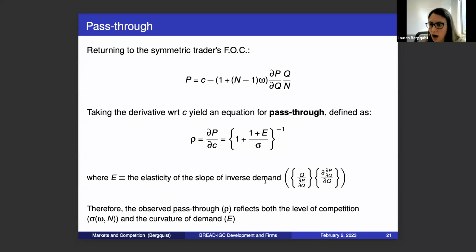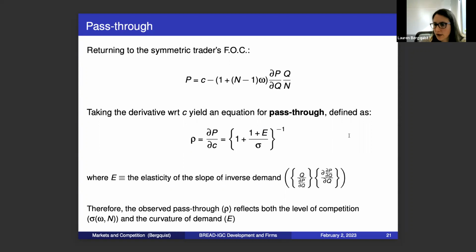Okay? So that's more complicated than just the elasticity of demand. This is the elasticity of the slope. How is the slope changing with quantity? Okay? And I'll give you some graphical intuition on that in just a bit, but you want to think of basically the curvature of demand being particularly important here. Okay? So again, the takeaway here is that pass-through is reflective of the degree of competition in the market and